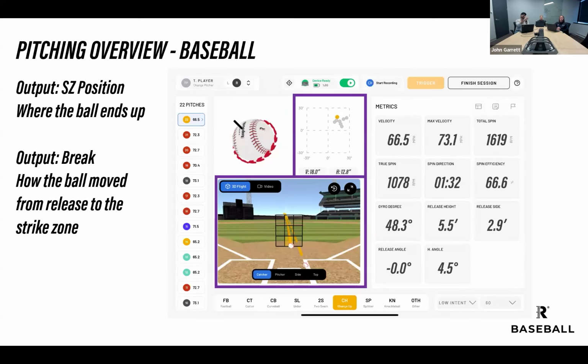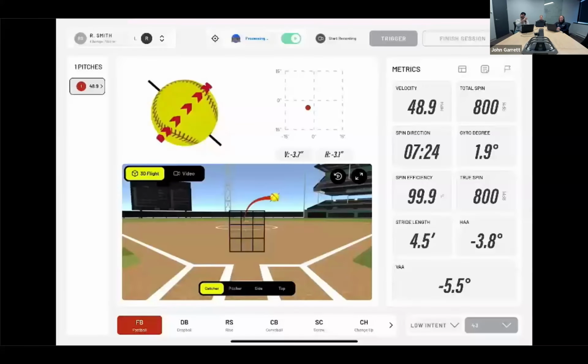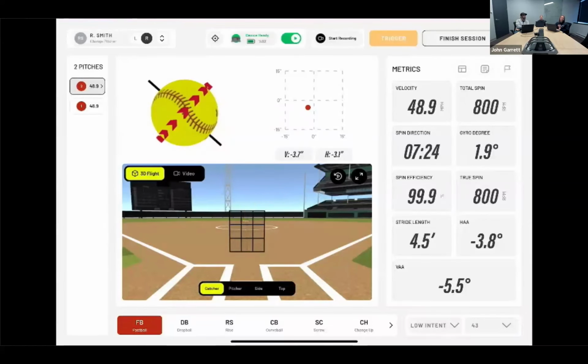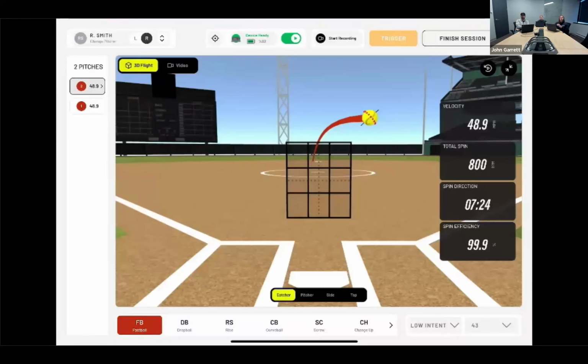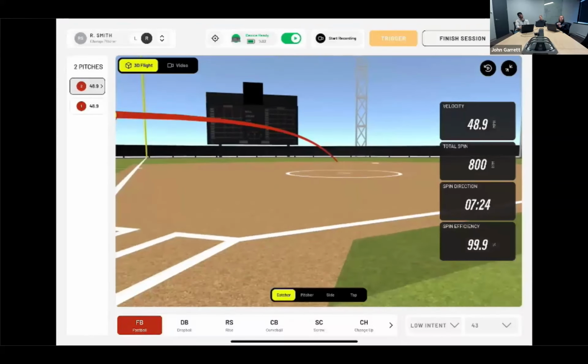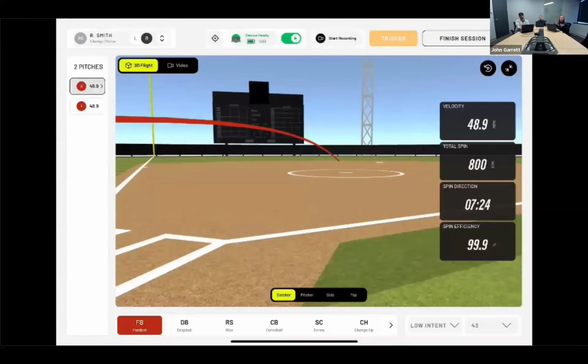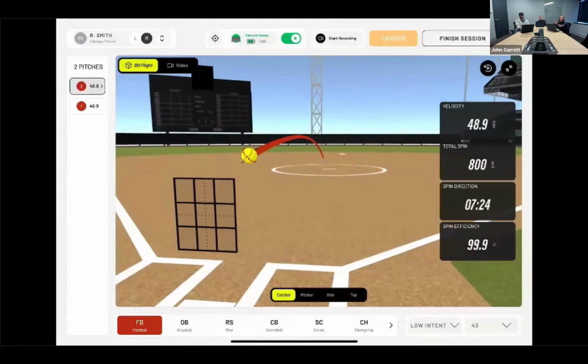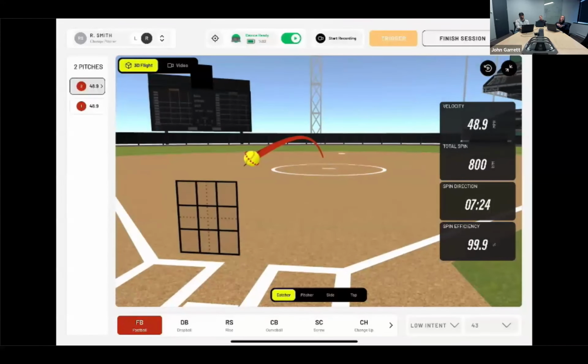Next, we're going to be showing a video of this. In this case, it's going to be the softball screen. So with the Pro 2.0, it is available for pitching and hitting. It's an all-in-one device. It has pitching on one side, hitting on the other. The unit can be set up within about 5 to 10 minutes. For baseball, it's going 20 feet in front of home plate. For softball, it's going 17 feet in front of home plate and can be used indoors or outdoors. You just need that amount of space, the 20 feet or the 17 feet, and you set it up